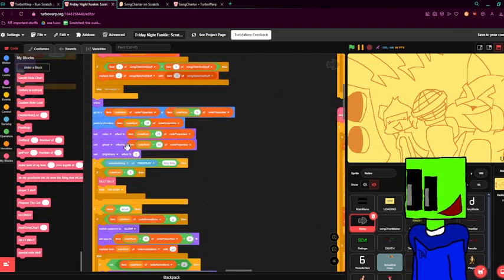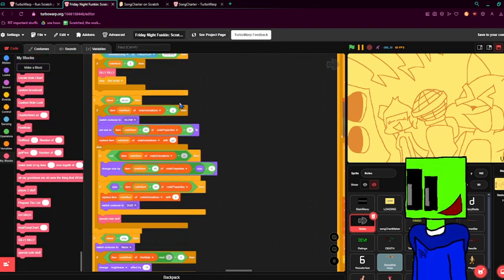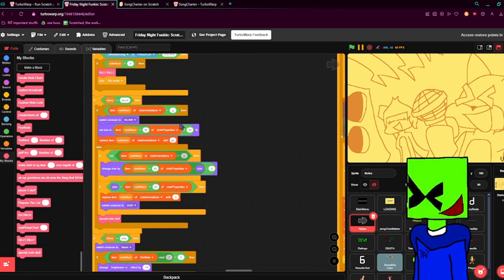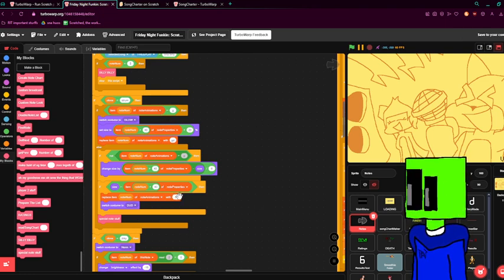Now the G is in the strum line. If it's equal to G, that means it's glowing. It'll set the size to be 20% bigger than what it actually is. And then it will set it to an animation of GD, which means it's glowing and going back to being normal. There is a huge difference because if you see P,